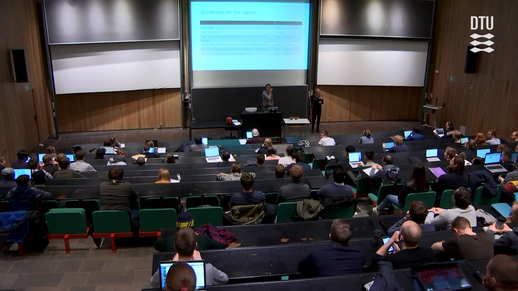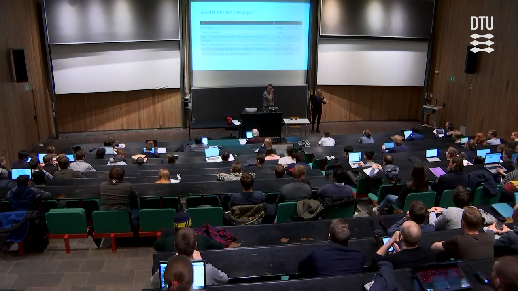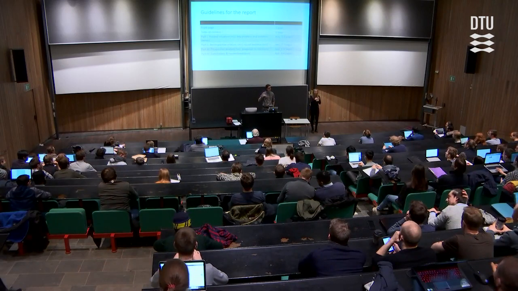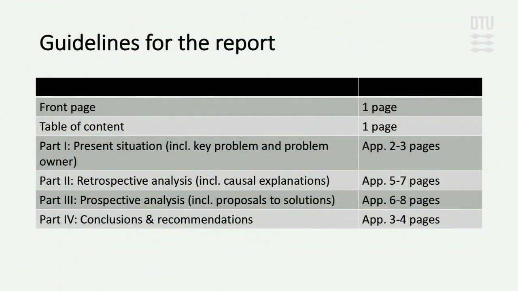So the guidelines for the report. The report, as we mentioned, should not exceed 20 pages, which basically means that you have to navigate across these 6 individual elements that your project is supposed to contain. This 20 pages means that everything has to be included, which means also the front page, the literature, and everything. So the front page is 1 page.